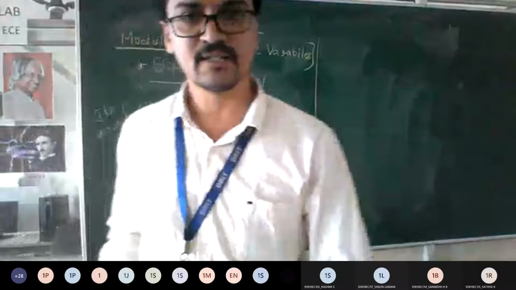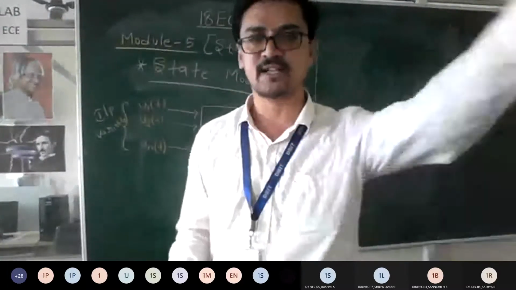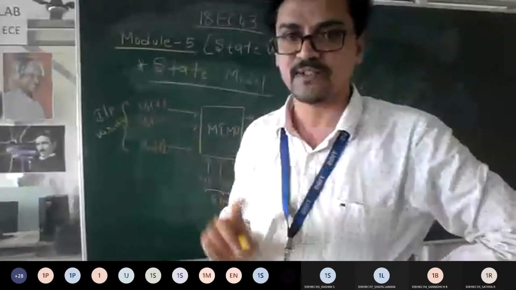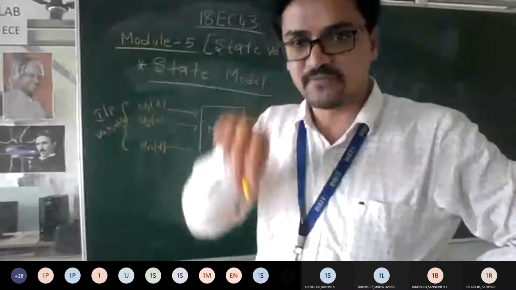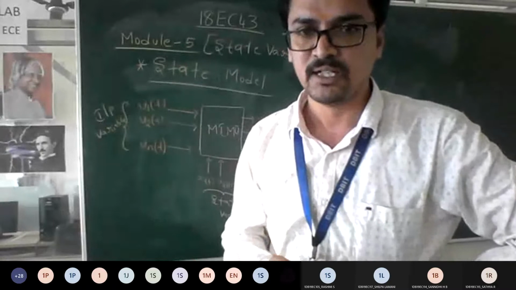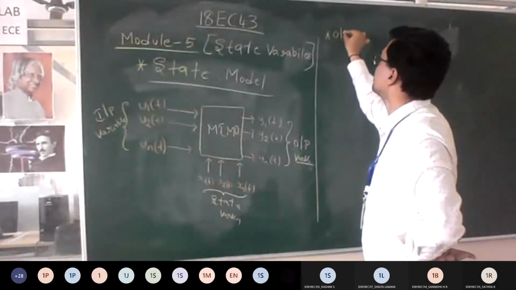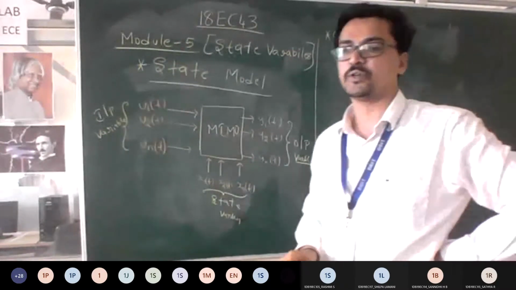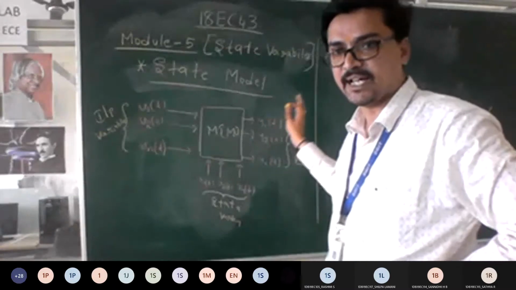Good. Once you write a state model diagram, we need to represent an output equation as well as a state equation. The collective combination itself is called a state model. Whenever you are solving a problem, whether you write the state equation first or the output equation is left to you. Anyhow, we want to calculate both together. So let's write the equations now. First is the output equation. Assume that I have chosen y1 and y2 as the two outputs; I can take till n number.